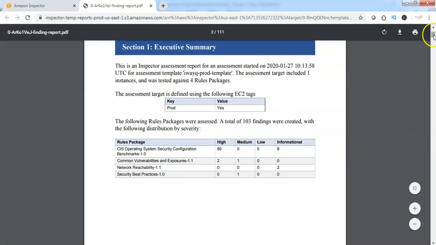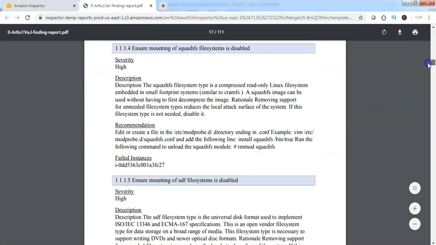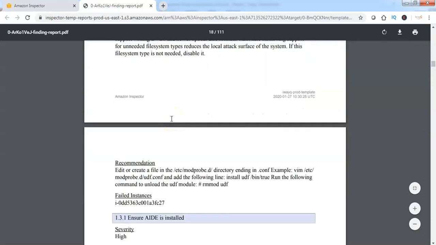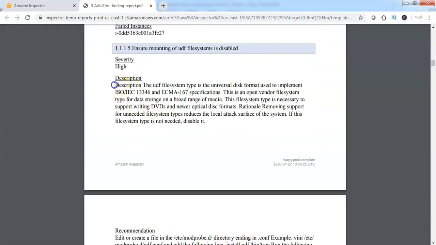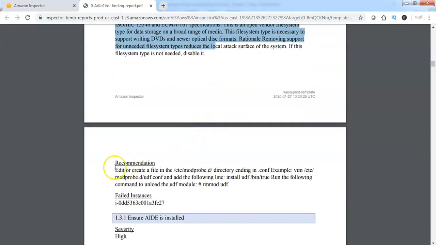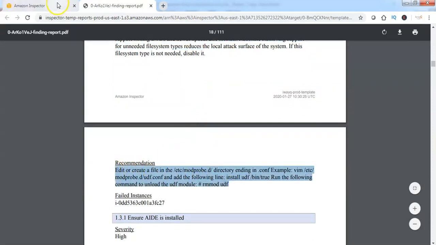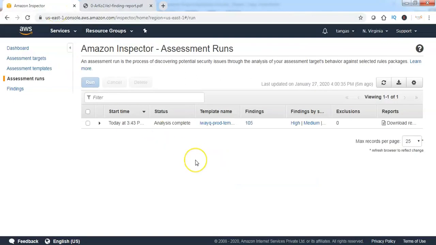When we scroll down further, we can see the findings reported as detailed information, which also states the description of the finding and the respective recommendation on how we can fix this specific finding. Let me go back to the Amazon Inspector tool. This explains how we can use Amazon Inspector service to create an assessment target, an assessment template, and run the assessment template to discover the potential security issues and produce the